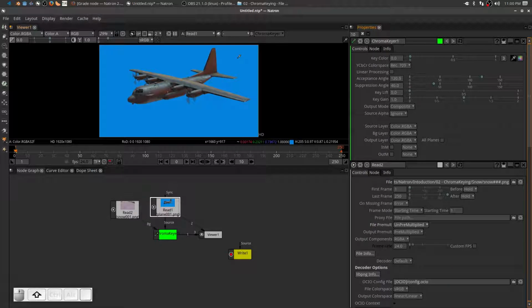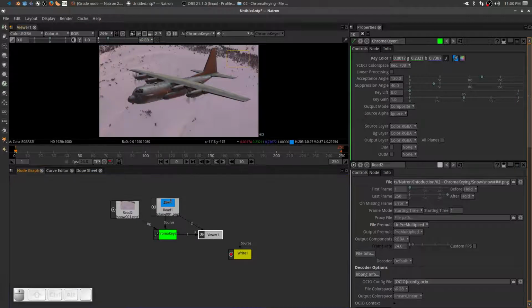But this time we're going to hold shift and control at the same time, and we're going to drag over an area, and we're going to basically select this whole area as the value that we want to use to create the alpha key. So when we let go, you see it selected an average of all of that area that we selected. So now if I come down to the viewer and I press the number 1, it's a